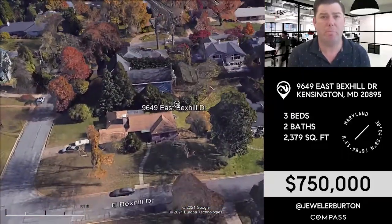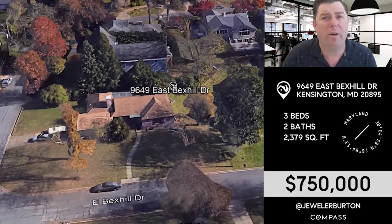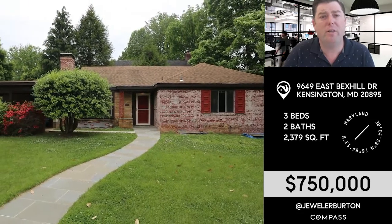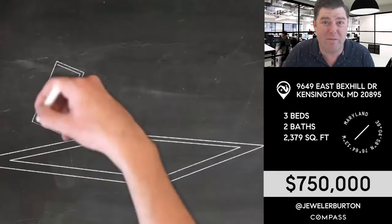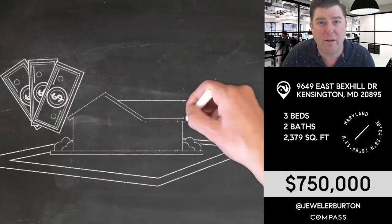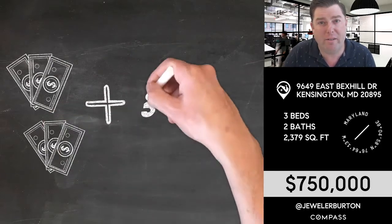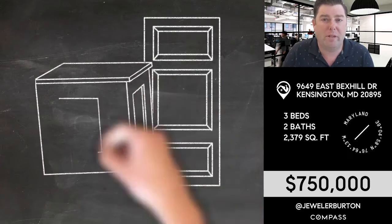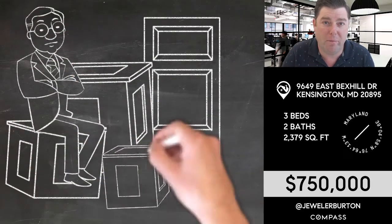at the dirt cheap price of $750,000. This is a classic Rockville Hills Rambler that is said to need a complete rehab. I joke that it's the dirt cheap price because in this location, honestly, it is the cost of the dirt and you're almost getting the house for free. A developer would come in and if they can double it plus $300,000, they can actually make a profit on it. Now, the cost of materials and the delay on materials is putting a little bit of a hurt on